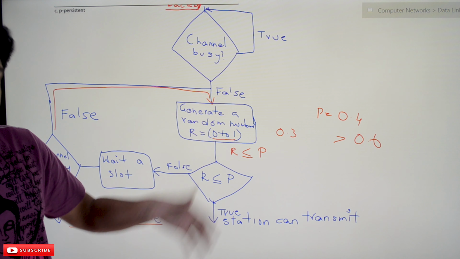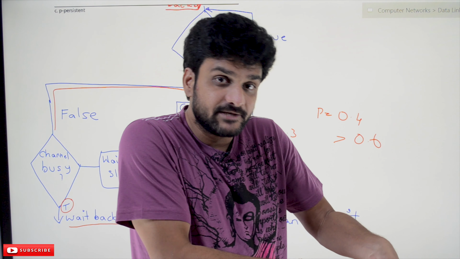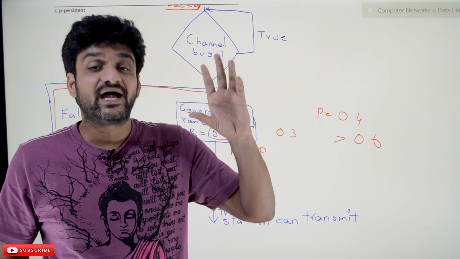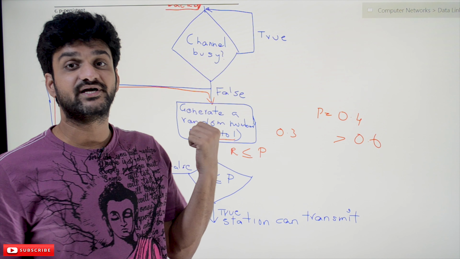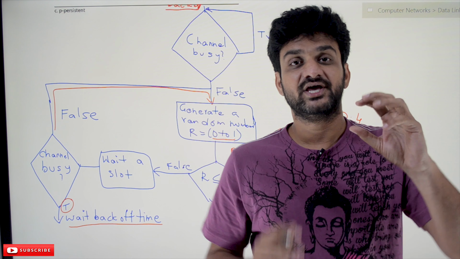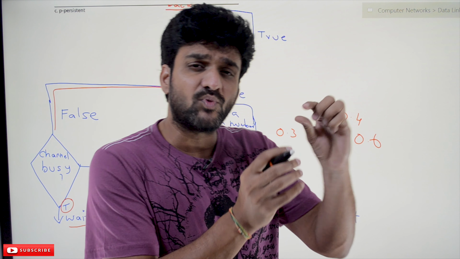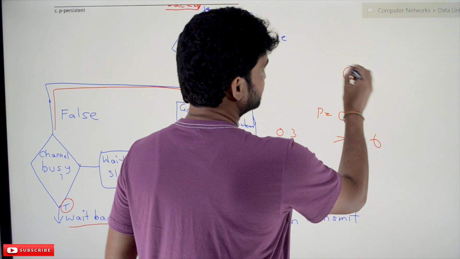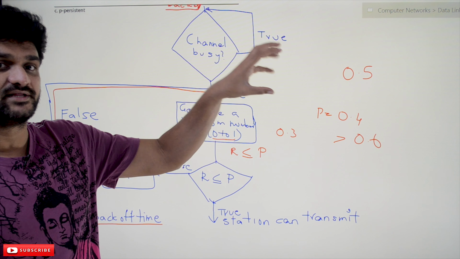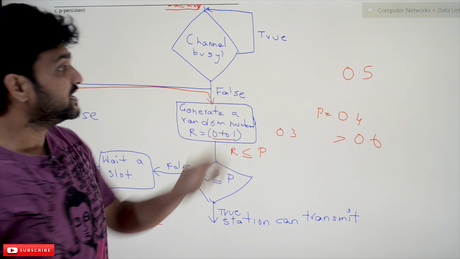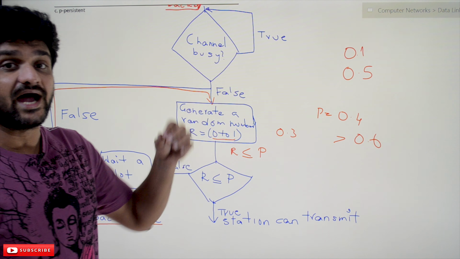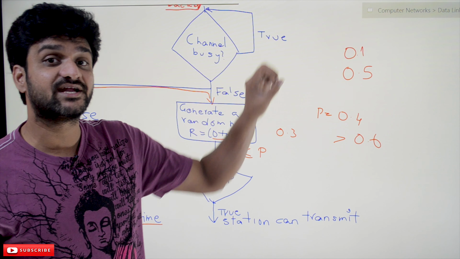So with this, the specific probability at which the channel can transmit is obtained. With this kind of method, we are going to get the maximum efficiency. As for the P value, if we take a smaller value, let's assume the probability is 0.5, this is going to be less efficient and the collisions will be high. If the P value is 0.1, the collisions will be less and the efficiency of accessing the channel will also be less.